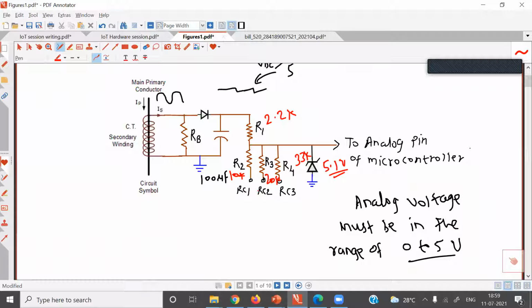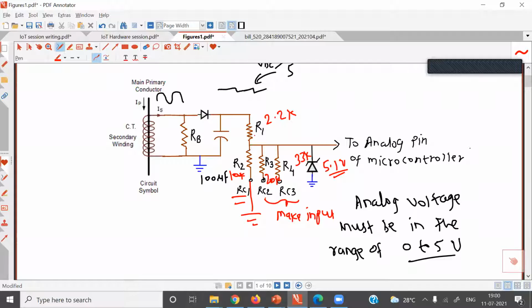Now what we'll do is, we can select any combination of resistors. So if you put logic 0 on RC1 pin, what will happen? This R2 will get grounded. If you put logic 0 on RC1 pin, R2 will get grounded. And if you make RC2 and RC3 input pin, what will happen? Input impedance of microcontroller port pin is very, very large. So this R3 and R4 will be in floating condition. When you configure RC2, RC3 port pin as an input pin, R3 and R4 will be in floating condition.